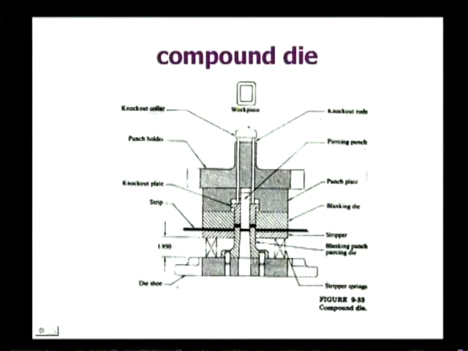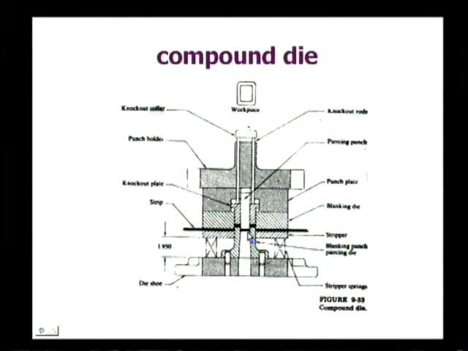Of course, the blanking operation and piercing operation can be carried out in a single stroke in a progressive die also, but this cutting operation will be carried out at two different stations. At the first station the punching operation will be carried out, at the second station the remaining blanking operation will be completed. Whereas in the compound die, both the operations will be completed at a single station, or in a single stroke of the ram both the punching as well as blanking operations will be completed.